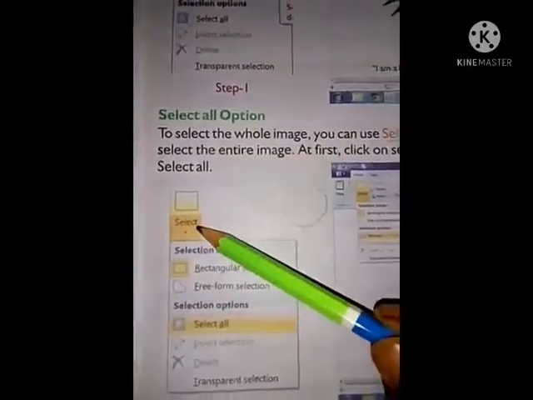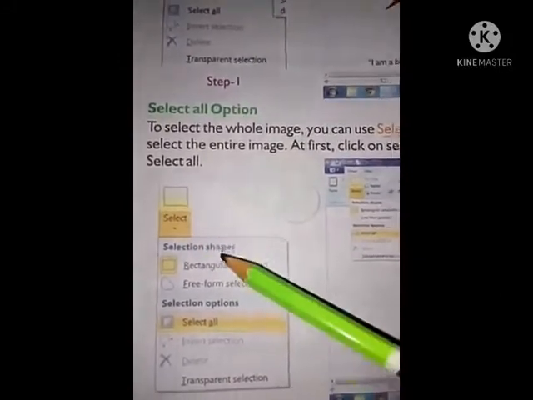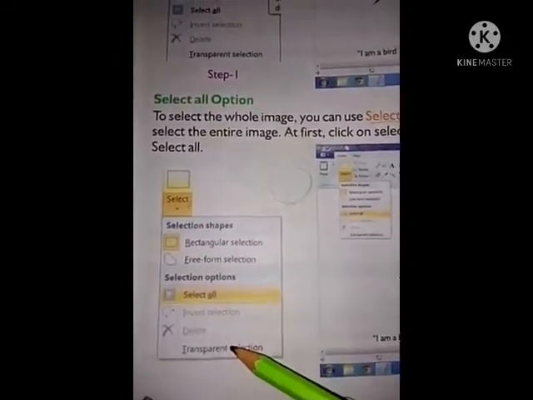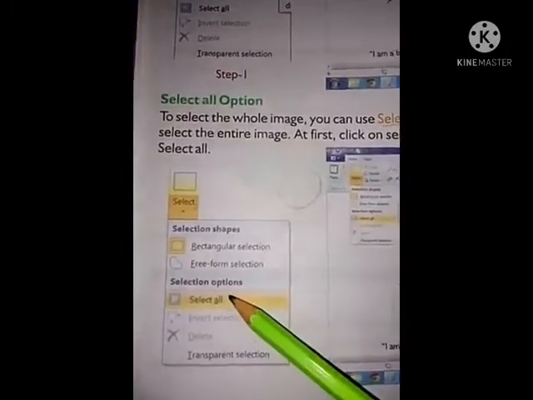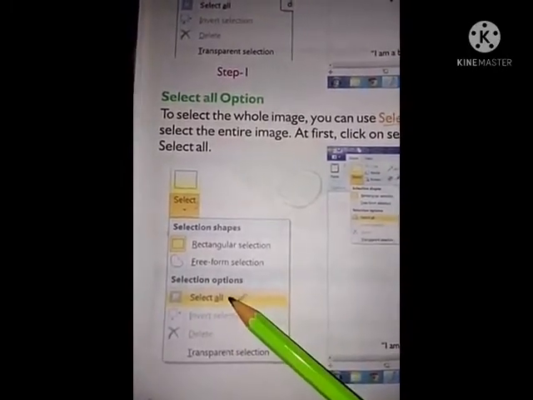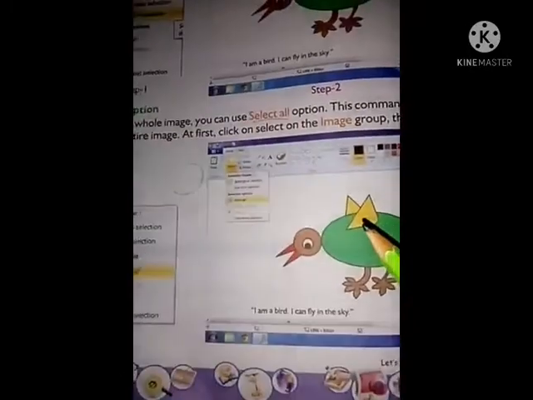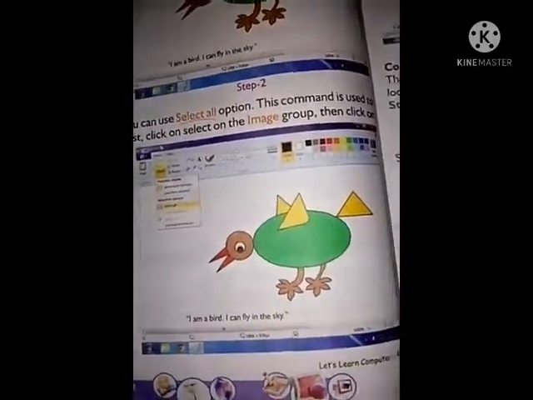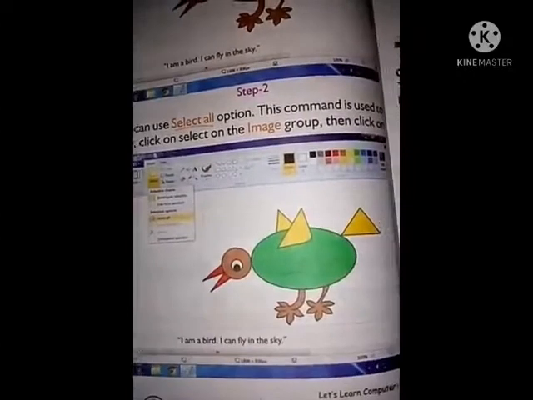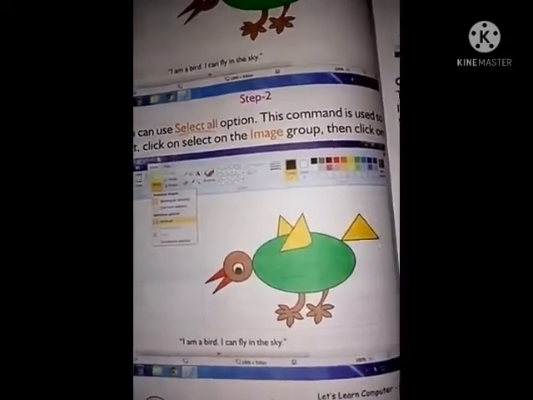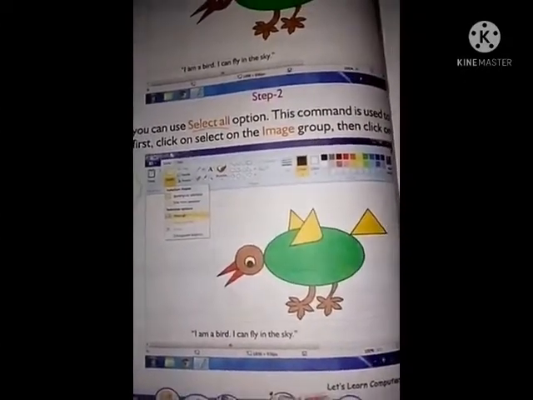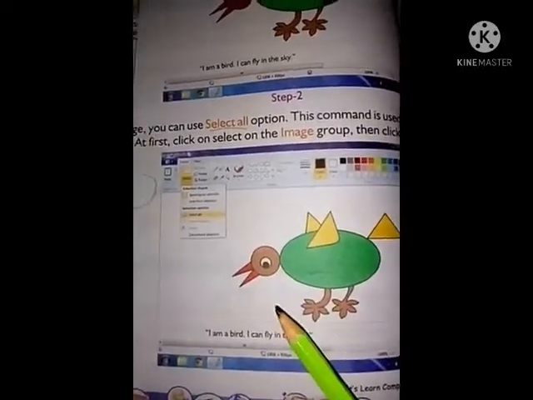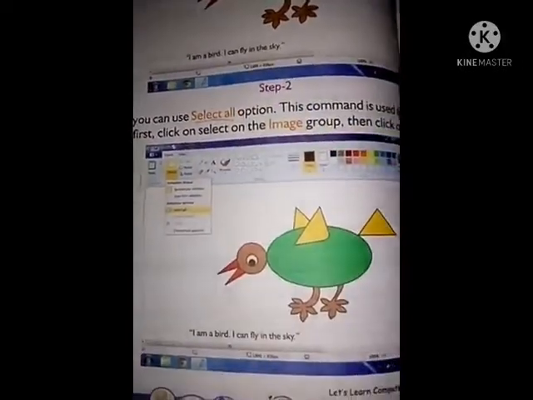Like that we can select the whole picture, not only a part, not only specific parts. We can select the whole picture by using select all option. Understand?